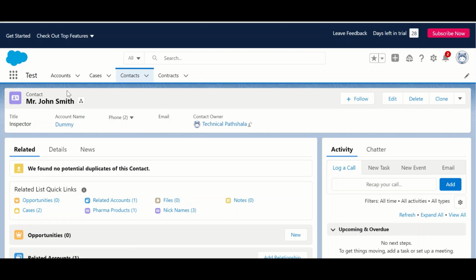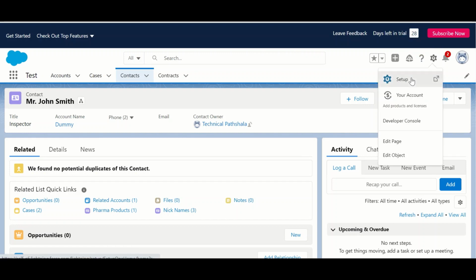Now, for this context, suppose this contact object has a related list of bank account in which we will have some simple fields like bank name and amount, and then we will create one roll-up summary to get the sum of all bank accounts in the parent record. So let us do this.